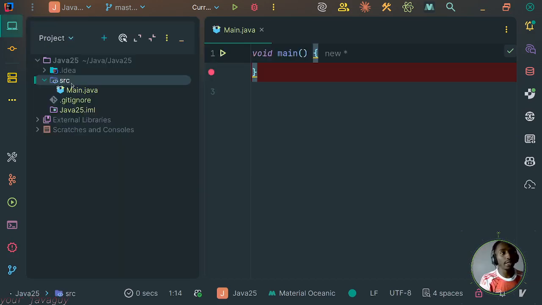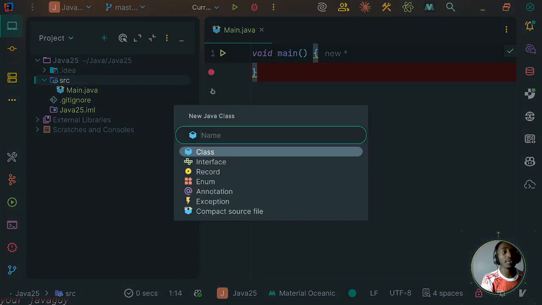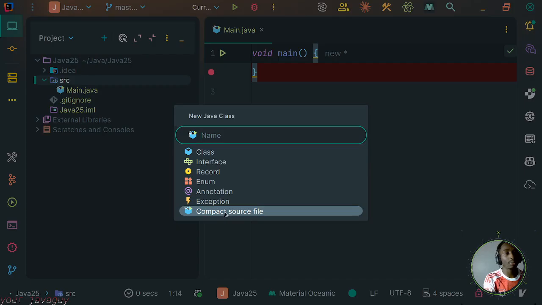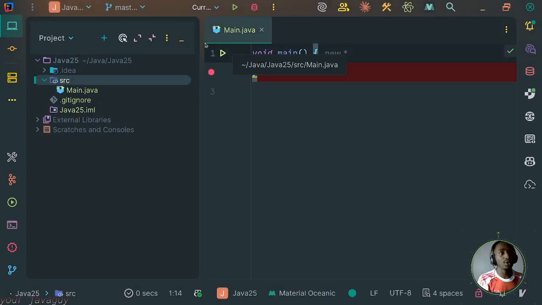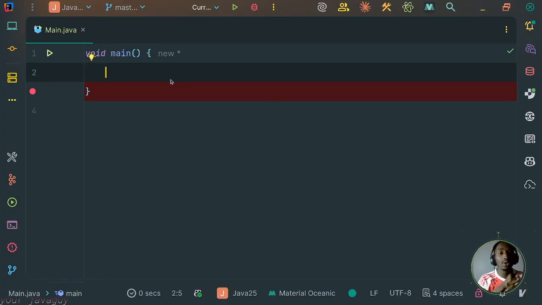If you're not familiar, you come to the source, create new Java compact file. With that compact file, you don't need a class. Even if you select a class, you can still see here compact source file. It's called main, and inside that we have this here. So how do we print a simple main? This main is what we had as public static void main. First, we don't have the class definition here, and we are doing away with the arguments that we were passing. Of course, you can have them there, but if you don't need them, I don't see the need for creating them. So I'll just do an io.println,